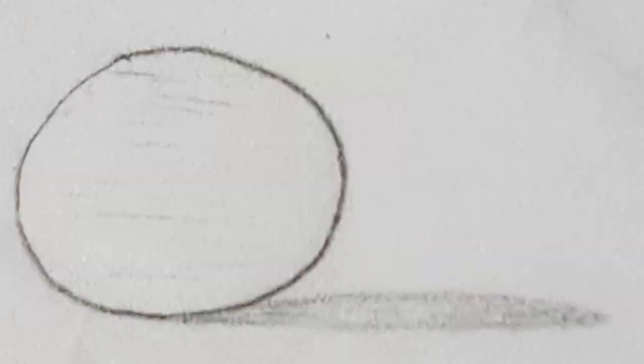Number 3. This is just a ball. That's it, a ball with a shadow. I'm really proud of it because I couldn't really ever think about how to draw a ball. And then I was doing some shading. It still doesn't look completely like a 3-dimensional ball. I think the shadow of it looks really cool, even though if you look closely, I feel like the shade